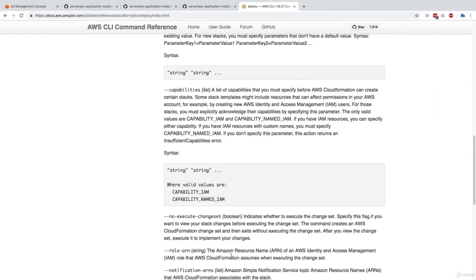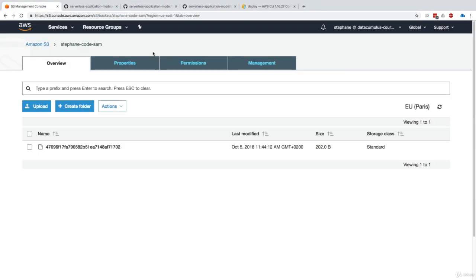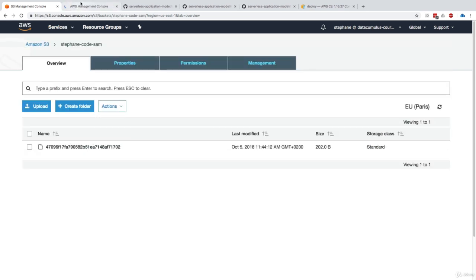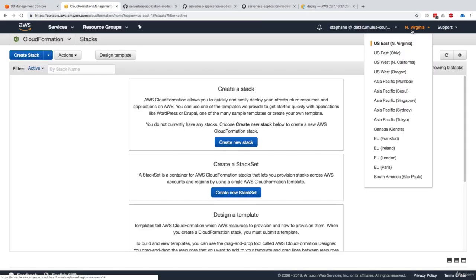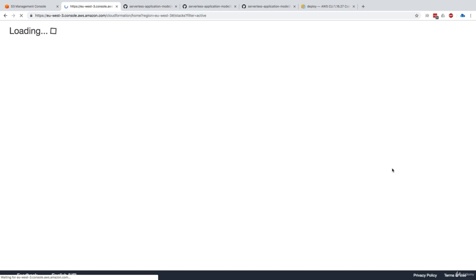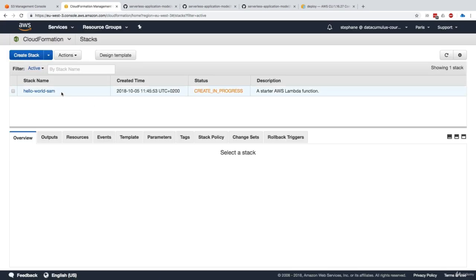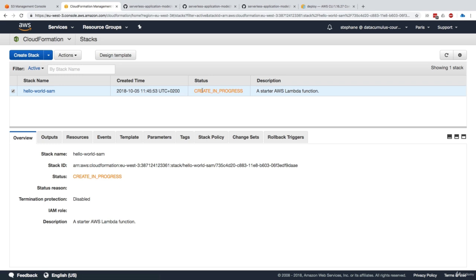So let's go to our CloudFormation. So let's go here, and we can go to services, CloudFormation. And let's make sure I am in the right region. So I'm in the Paris region. This is where I configured my CLI to work. And here, as we can see, the hello-world-sam is in CREATE_IN_PROGRESS. So automatically this CloudFormation stack was being created for me.